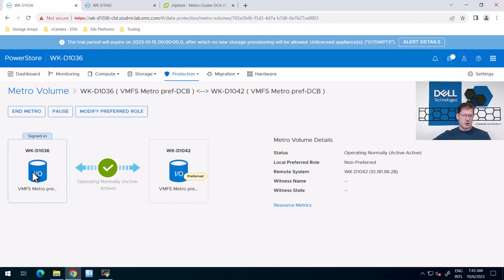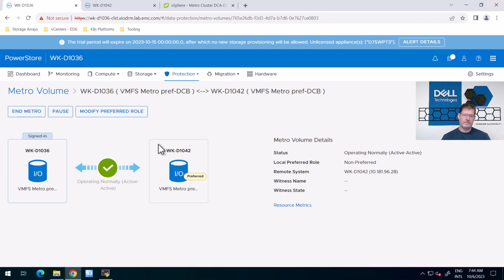If data center B is gone, you could, as the non-preferred site, assume read-write IOs and you could survive. The problem is that this one has no way of knowing what happened to this one, right? Is it still up? Is there just a link in between? Is that the thing that's gone? Is this thing gone as a whole? It's unable to determine that, and that's where more failure scenarios creep in that would have serious impact on your